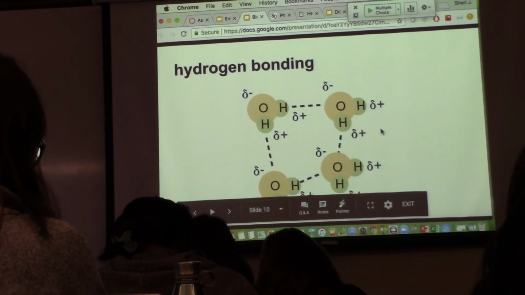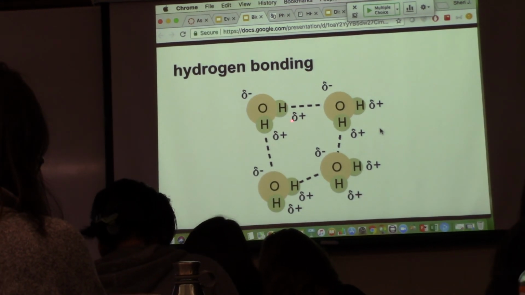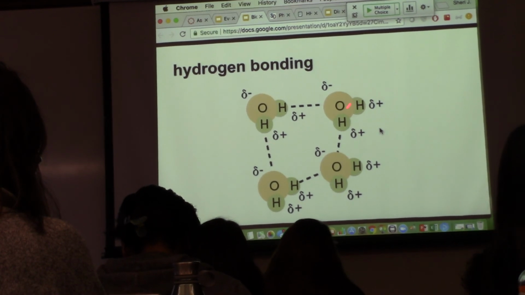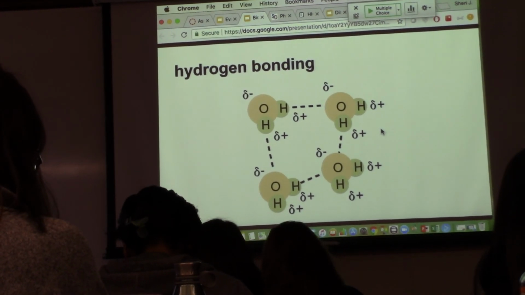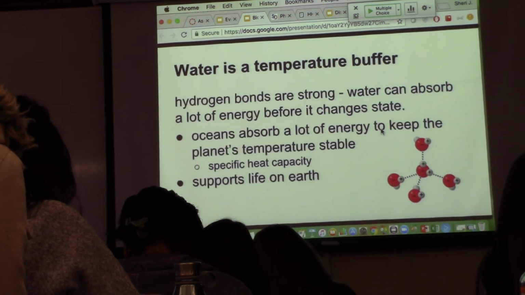All right, so here are some pictures of hydrogen bonding. So we have our hydrogen with a partial positive charge, that's delta plus, meaning partial positive, interacting with oxygen that has a delta minus, and giving us that Velcro effect. So water